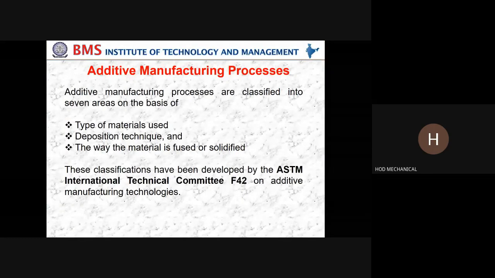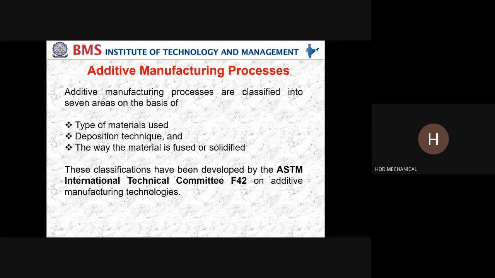Then if you allow it to cure, it takes its own method of solidification. So what type of solidification are you going to use? These 3 things: the type of material, the deposition technique, and the way the material is fused or solidified.